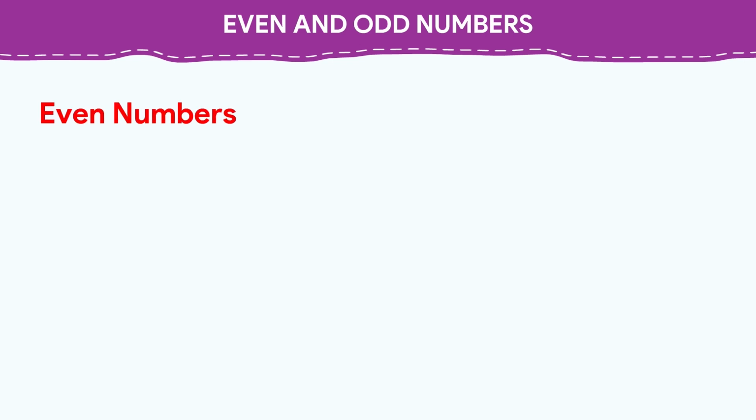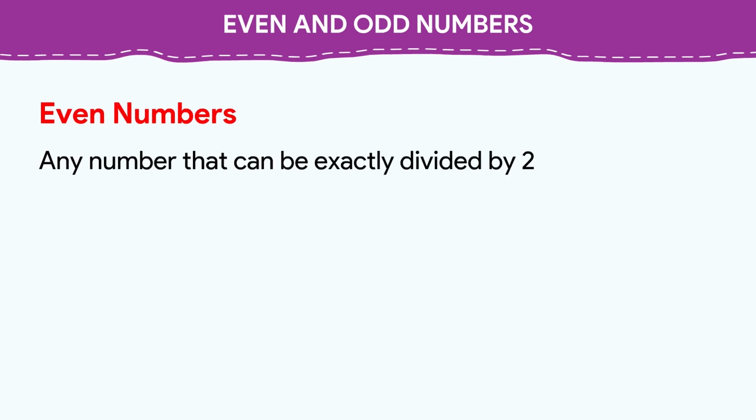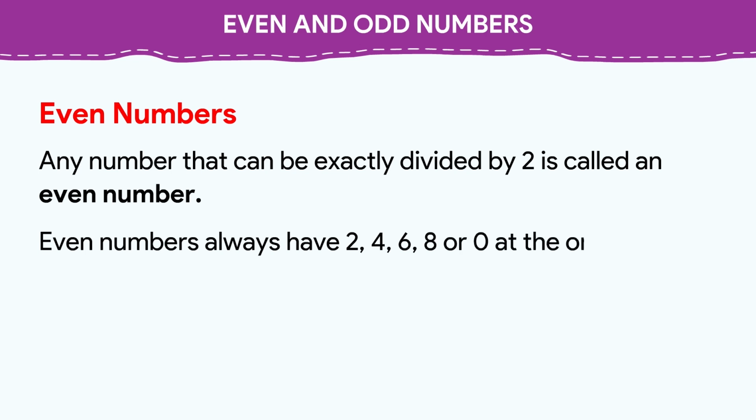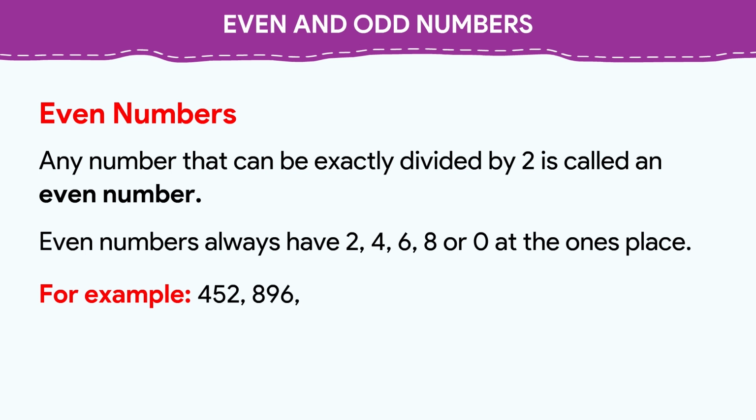Even and odd numbers. Even numbers. Any number that can be exactly divided by 2 is called an even number. Even numbers always have 2, 4, 6, 8 or 0 at the ones place. For example, 452, 896, 3290, 6554,